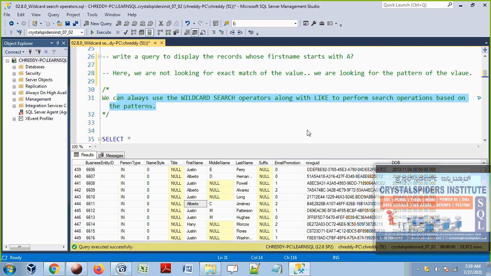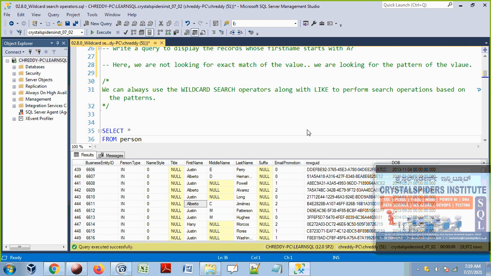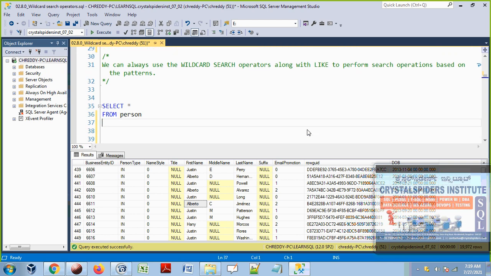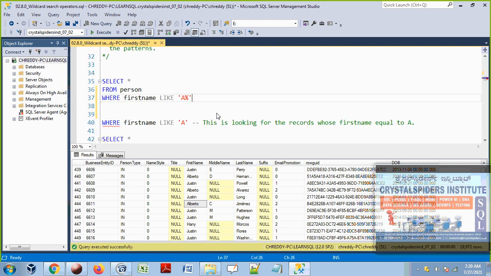Now we are going to write that same query, guys. Take the data from the person table, where first name like 'A' starts with A. After A, there can be any characters, any number of characters, so we are going to use percentage. So first name like A percentage. A percentage means starts with A, and after A the percentage represents that there can be any characters, any number of characters. You can consider them as a match.